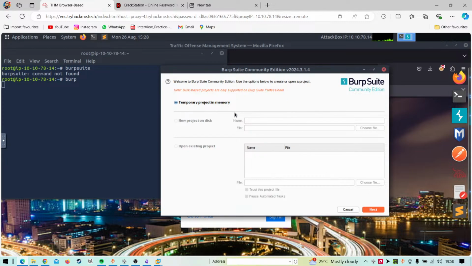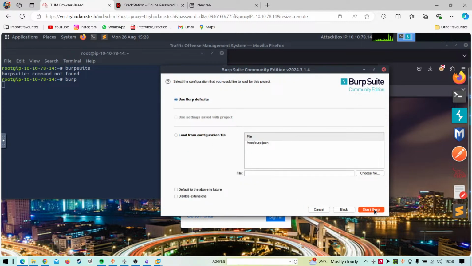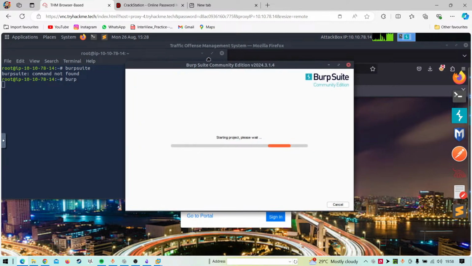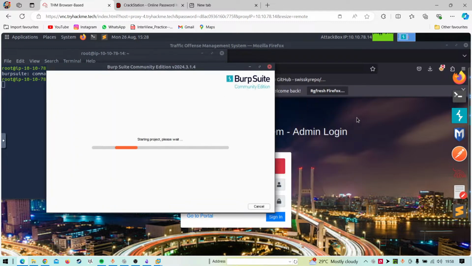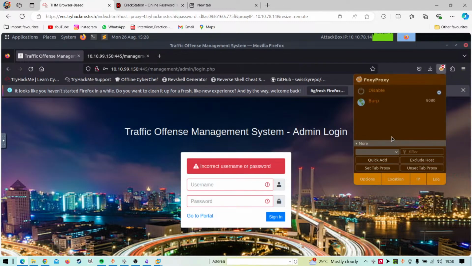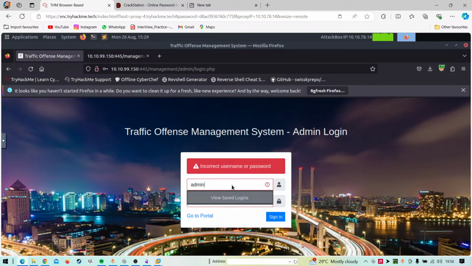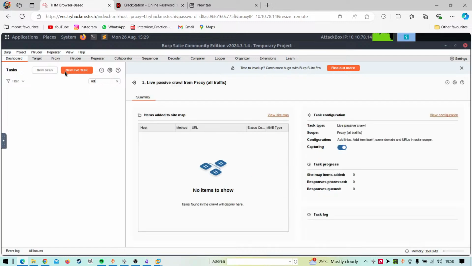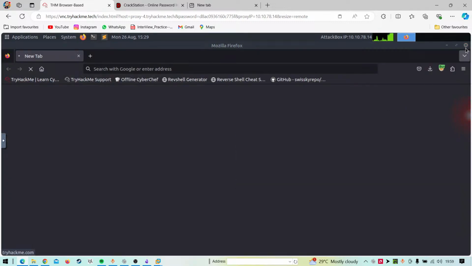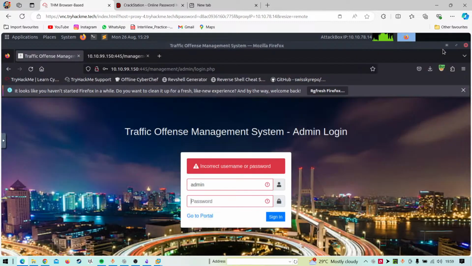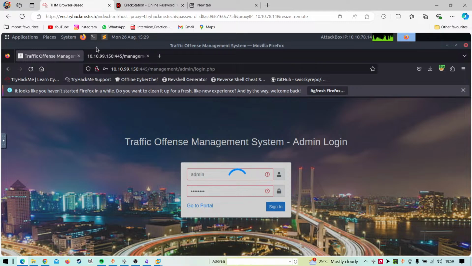Sorry. So what we can do is just open up the Burp Suite. Why is it opening a new tab? Just sign in on Burp Suite.